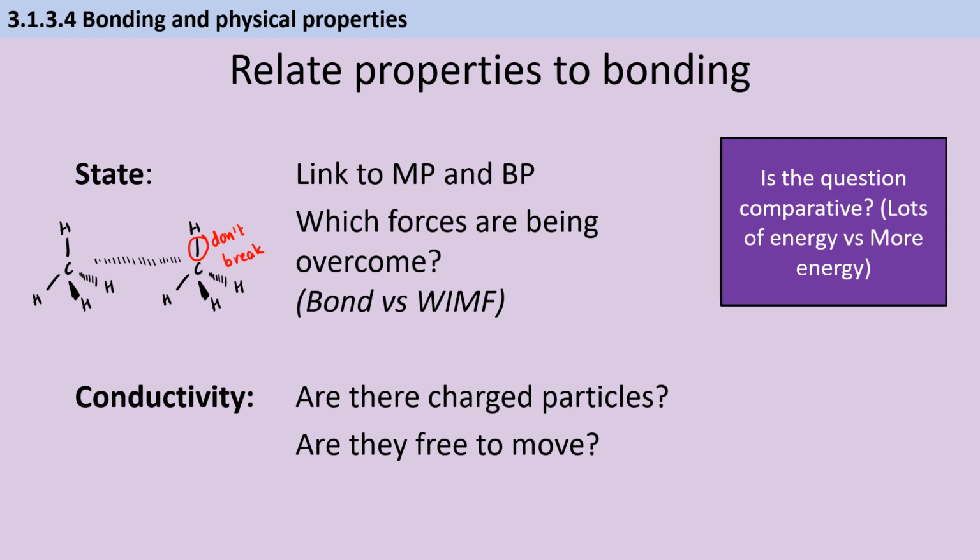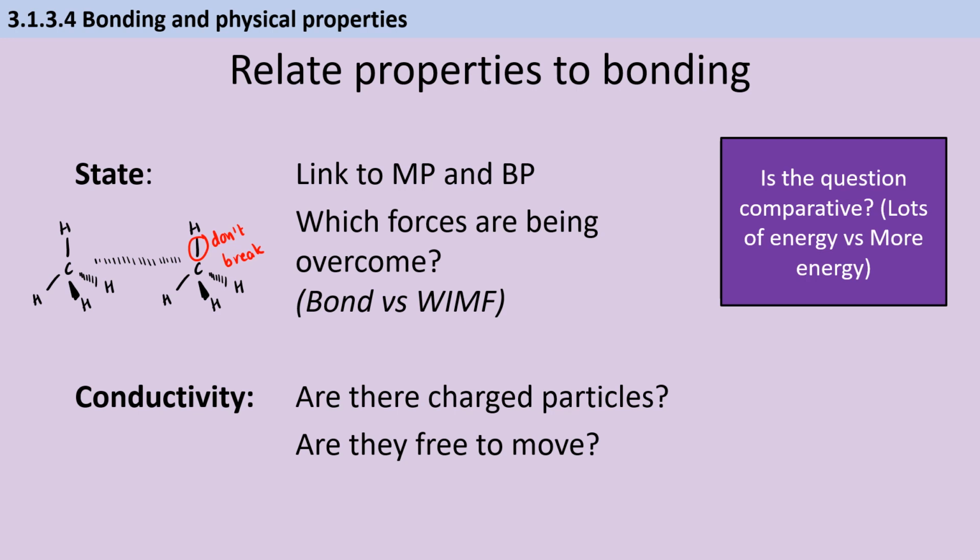Then, if you're asked about electrical conductivity, you need to think, does this substance have charged particles and what are they? Please don't write about delocalized electrons if the question asks you about ionic substances. And then secondly, are those charged particles free to move? So this is where we think about the fact that ionic substances can't conduct electricity unless they've either been melted